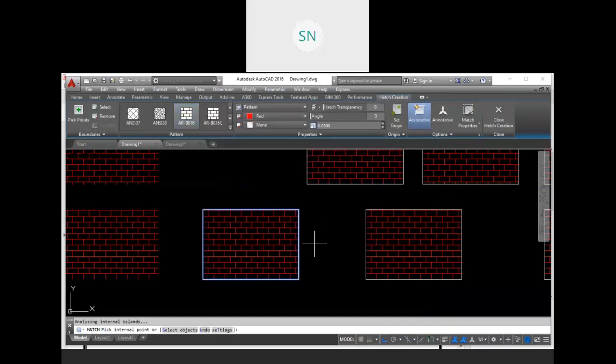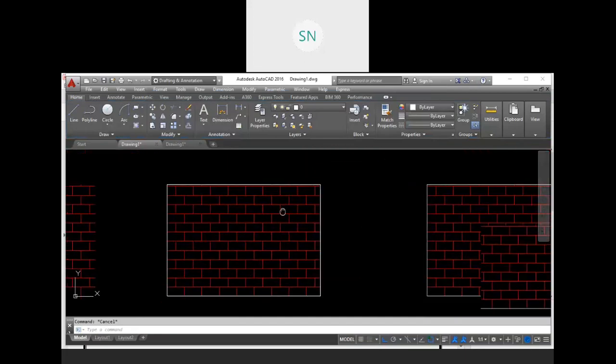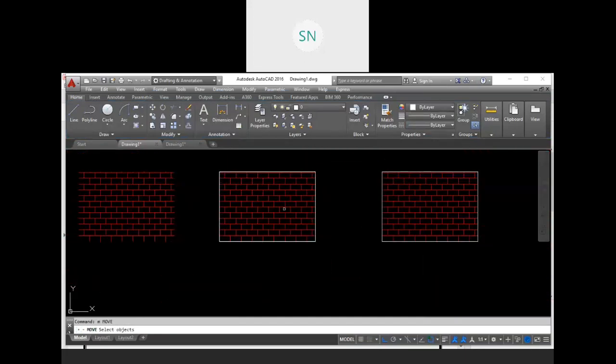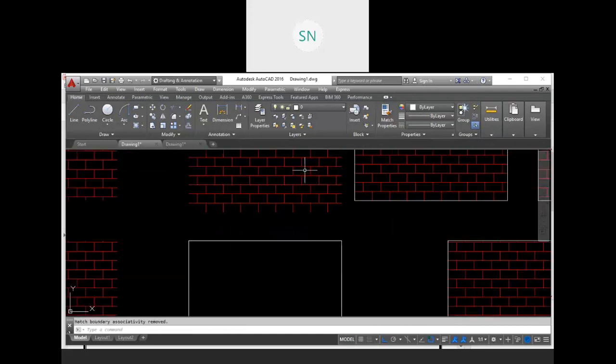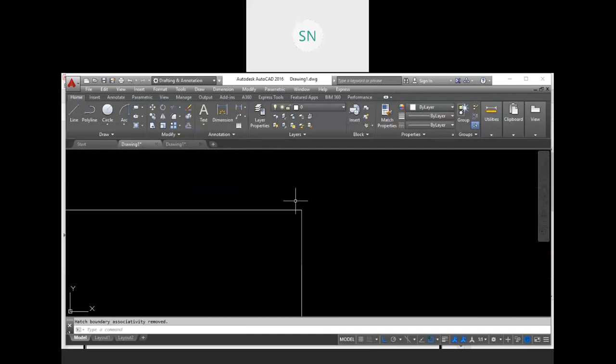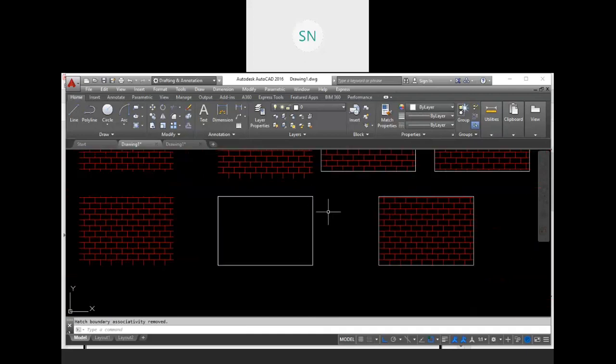So here we have two things created. See, let me move this hatch. Move, select this hatch, enter, move it up. So this is our hatch, and as you notice over here, our gap is filled. Actually, our gap is not filled. An entire new object is created on that object. So move, again clicking on this object and move it downward. So this is our actual object, our older object.